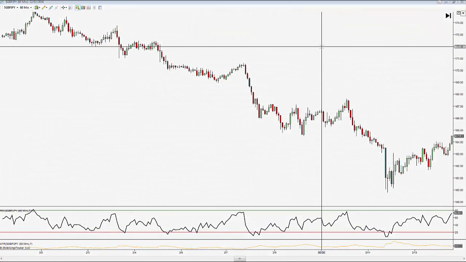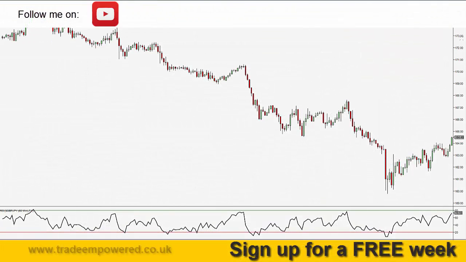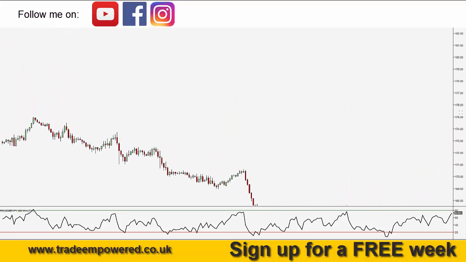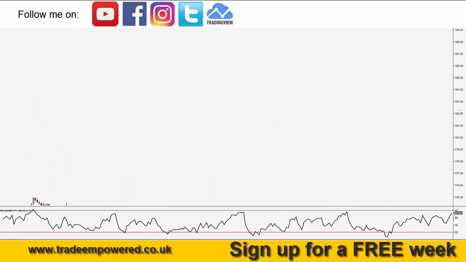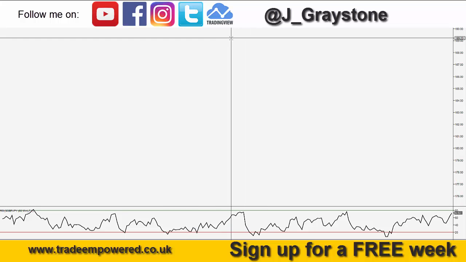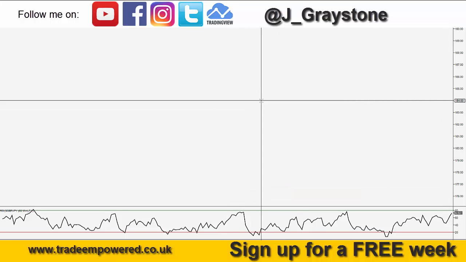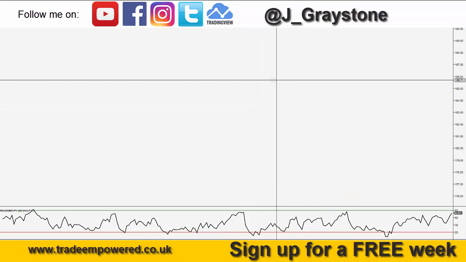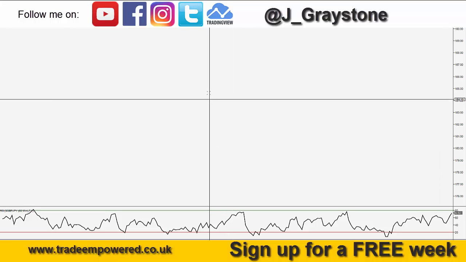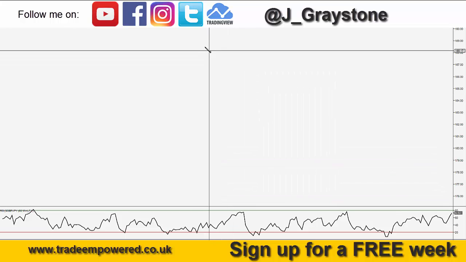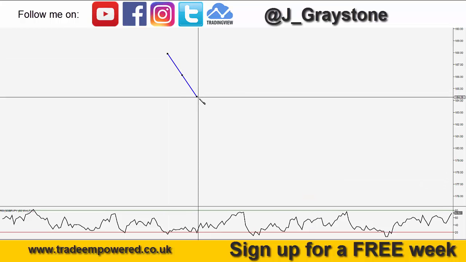Okay, so the reason I wanted to put out this video is because we get a lot of questions about what a lower low, lower close candle is, or a higher high, higher close candle. So in this example, I'm going to go for a lower low, lower close candle. Then I'm going to give you an example of when I would use that as an entry reason into a trend continuation trade. So first of all, what we're essentially looking at is when the market is trending,